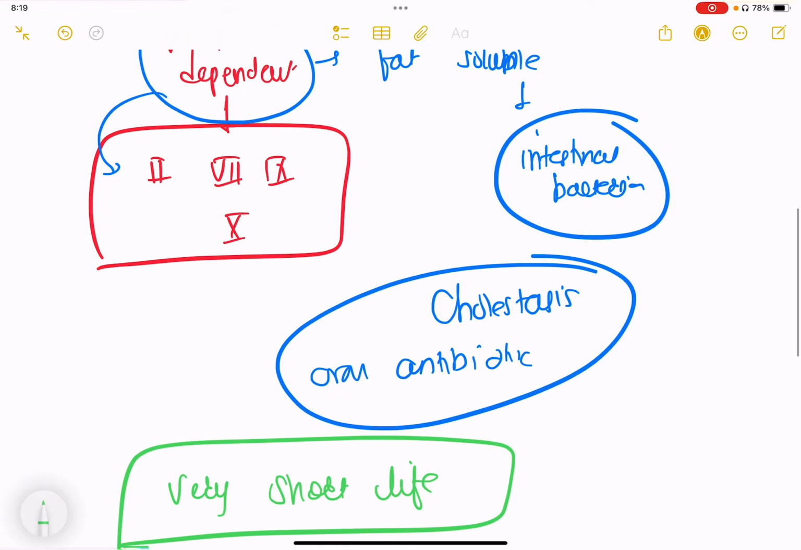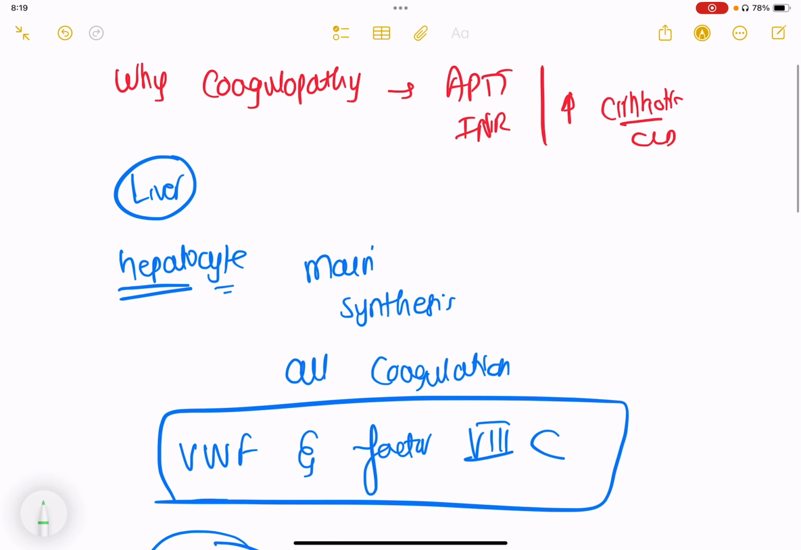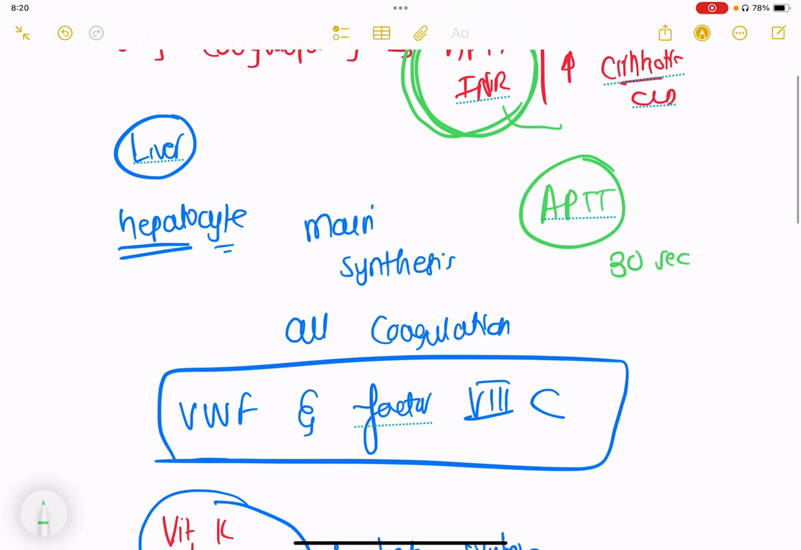That is the reason why in cirrhosis, in liver disorders, clotting factor synthesis falls and coagulopathy sets in, and these in short are reflected by derangement in APTT or derangement in INR. As we know, the activated partial thromboplastin time normally should be around 60 seconds, and INR should be 1, which is normal. So this keeps on increasing if there is coagulopathy, and INR also increases to 1.5 to 2.5 depending on how much